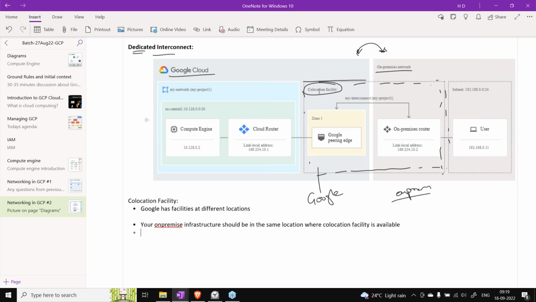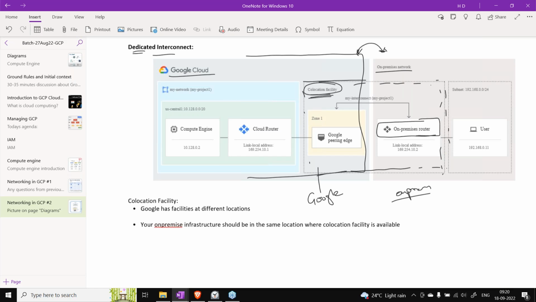What you are basically doing here is, in this co-location facility, they already have this particular infrastructure in place. Once you set up, there is a form that you need to fill up and submit an order. Then Google will connect with you on that particular order ID, and they will help you set up these things. What you need to do is have all those equipments. You need to go to this co-location facility.